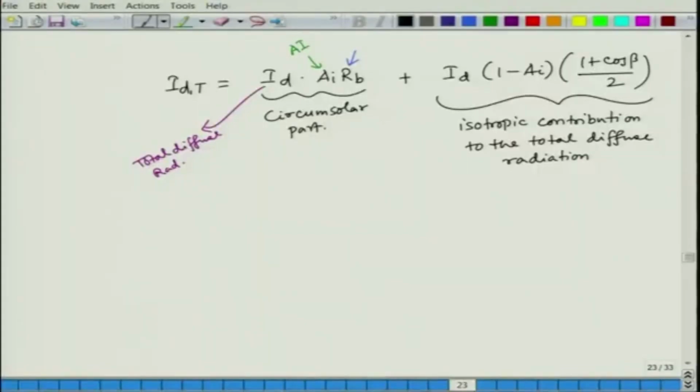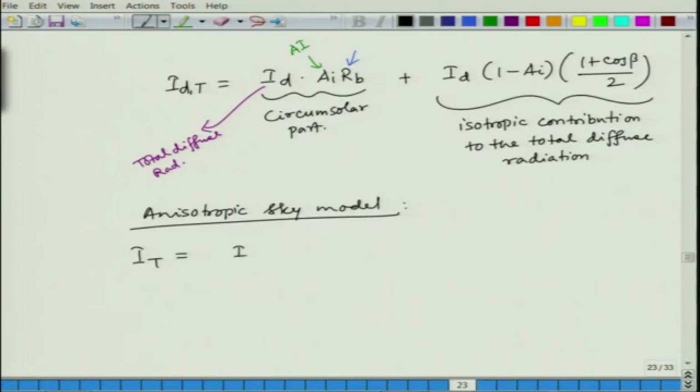Okay. So, under this anisotropic sky model, what we finally get, the total radiation IT